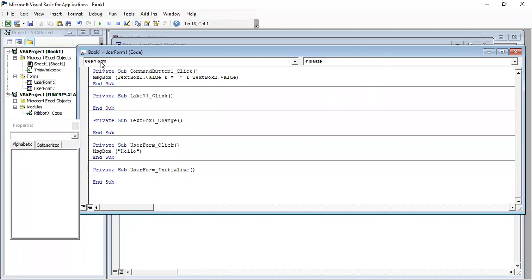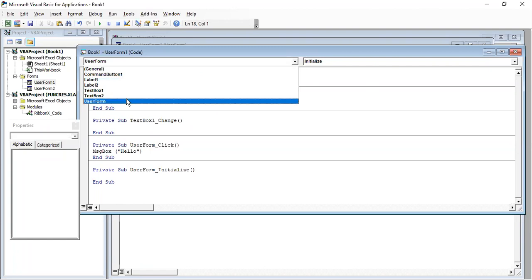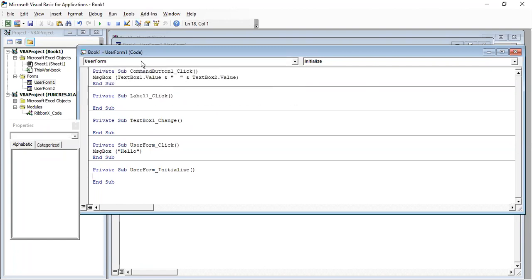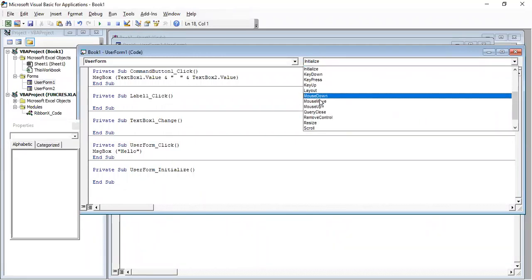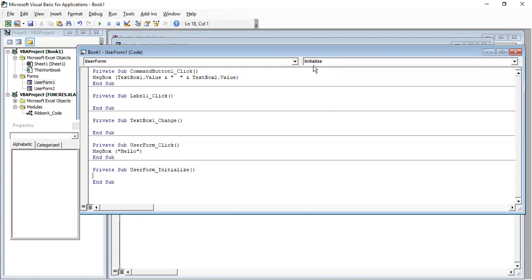So what I have done here is I have selected user form. The object I have selected is a user form, and the event I have taken is initialize. So the user form initialize event will be triggered. That means when your form is loaded, immediately this code will be executed.